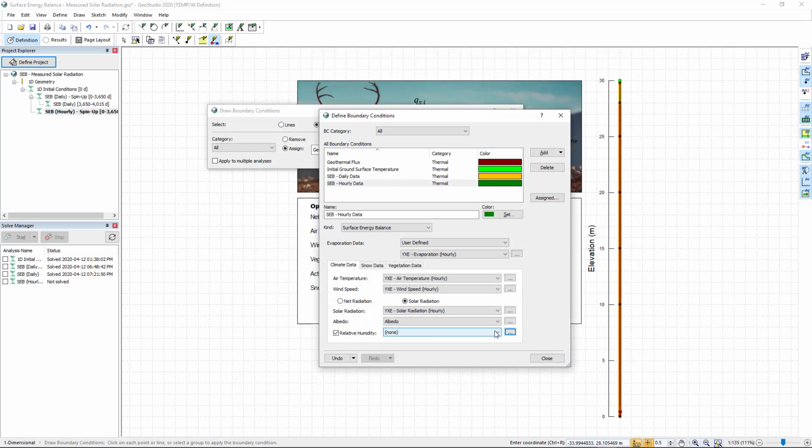Close that down. Move over to the relative humidity. And now we can import snow data, but snow data is always on a daily basis, so it's not provided on an hourly basis. Thermal conductivity,